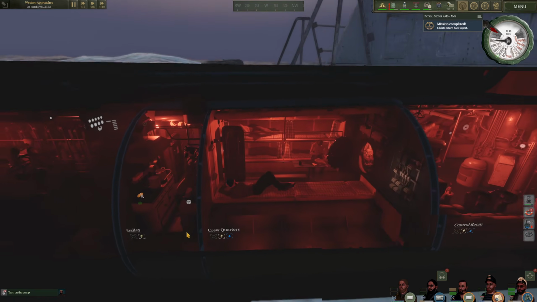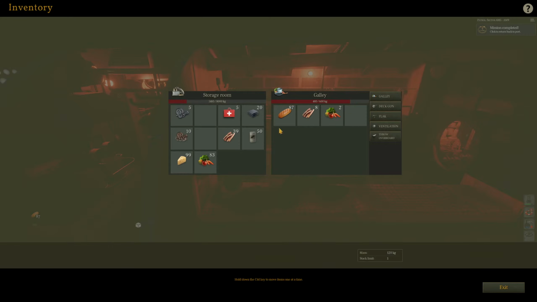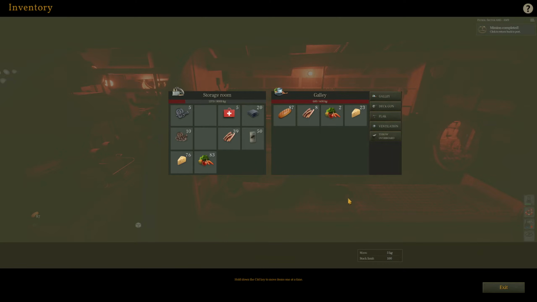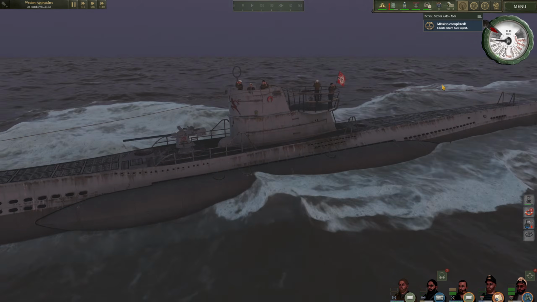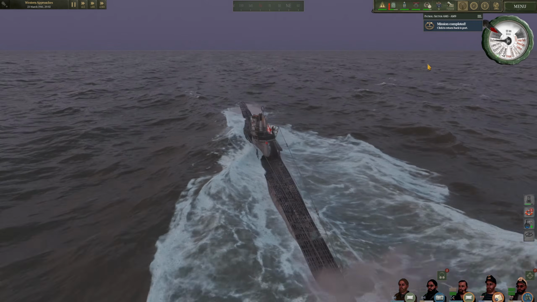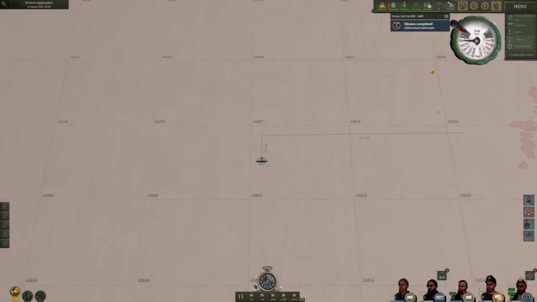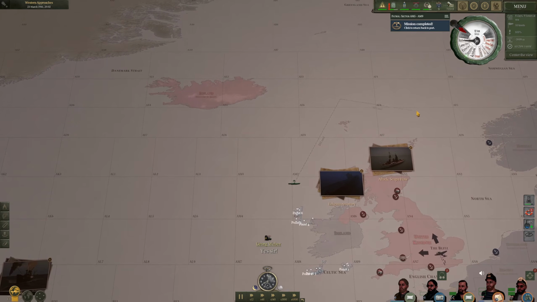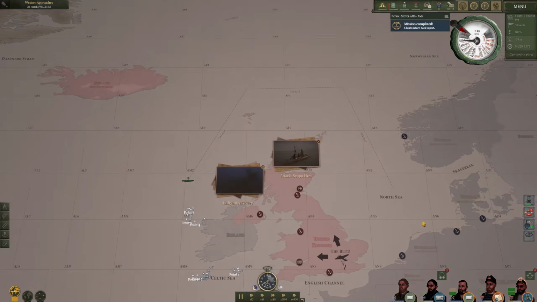We've only got one torpedo. I think we're almost out of deck gun ammo. Yeah, it's pretty much gone. Okay, let's head back. We've done well. There's no one around us. I think we're safe to just head way up and around, back to...